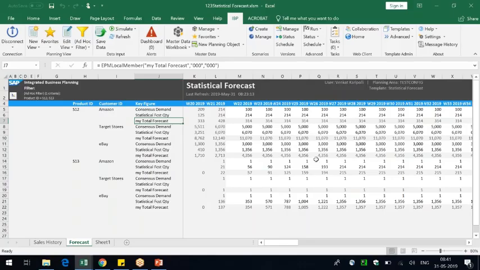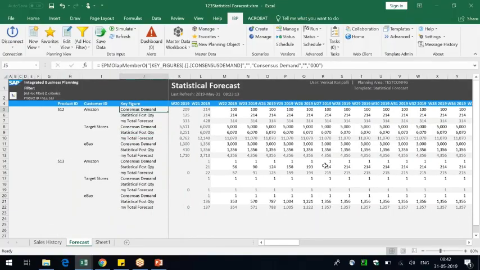Now let's go to the formatting side of the planning view. Let me put some conditional formatting here. I just want to color code my consensus demand key figure values.